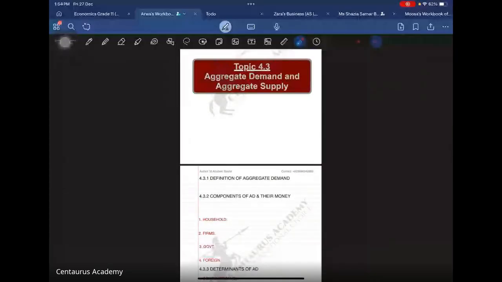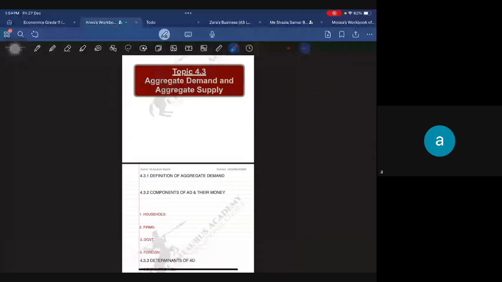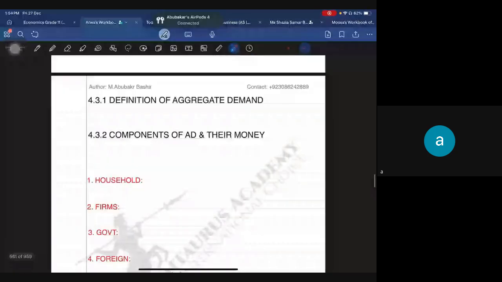Hi. Okay. Yes. Today we are going to deal with 4.3, that is the aggregate demand and the catering today. So very quickly with the first of